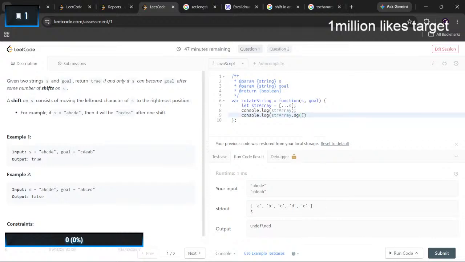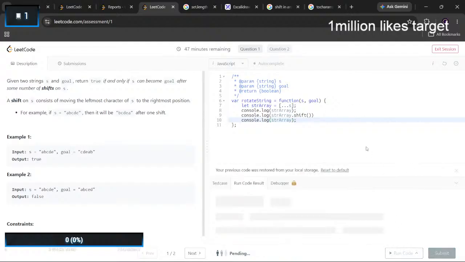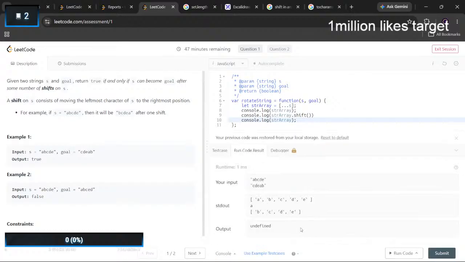After shift element. And we have the current removed element.